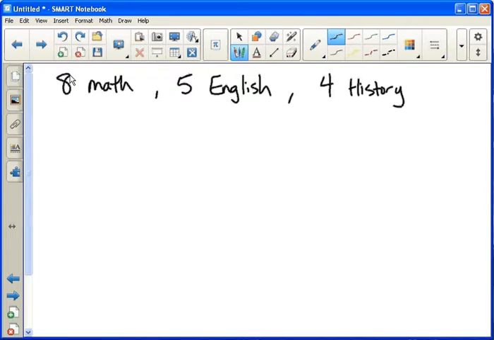But the idea is that you have 8 different math choices you could make, 5 different English choices you could make, and 4 different history choices you could make. So the question is, how many different ways could you arrange your schedule? Well, assuming none of these conflict with each other, then you would have 8 times 5 times 4, or 160